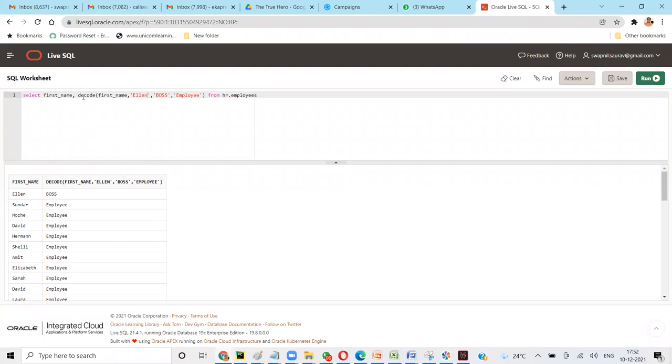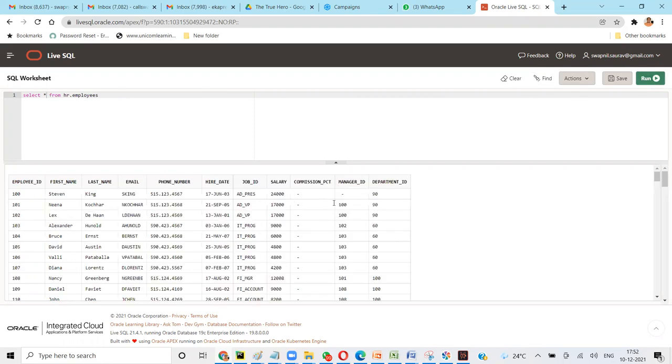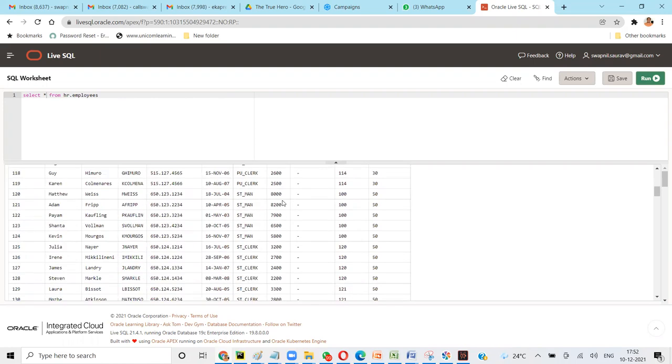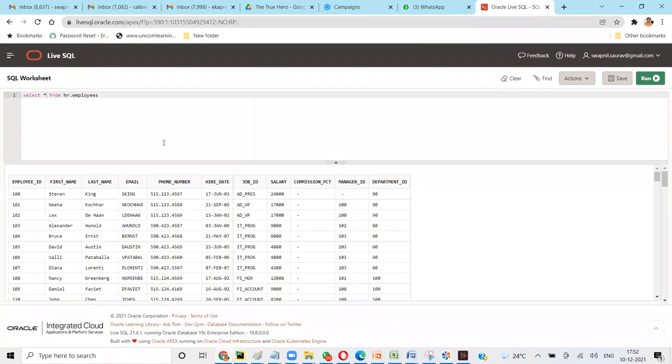So let's say we'll do something on salary. Let's say select star from HR employee. Salary is in the range of 1,000 to 10,000. So let's do something like this.